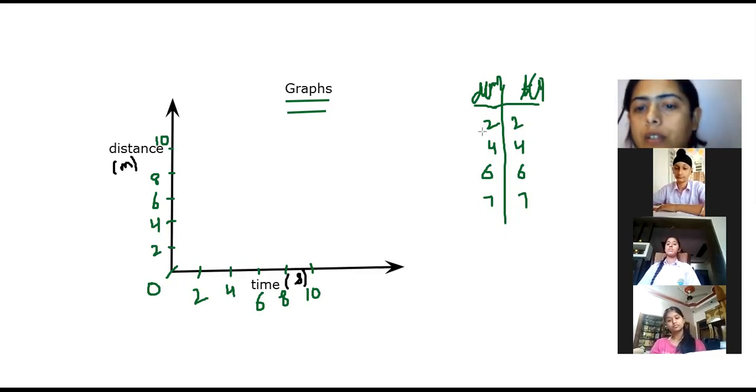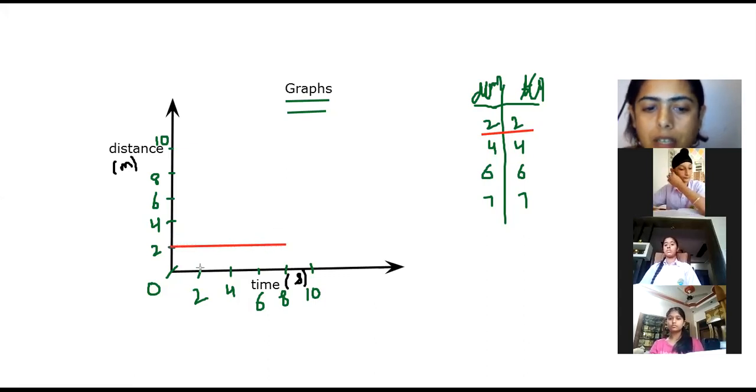First you have is the 2 meter 2 second. For this 2 meter, distance is 2 meter, you will draw a straight line parallel to time axis. 2 seconds, you will draw a straight line parallel to distance axis. Where these two lines are going to meet one another, you will put a dot there. The dot has to be very sharp one. Like say this is the dot. Fine. This is the dot I have put.